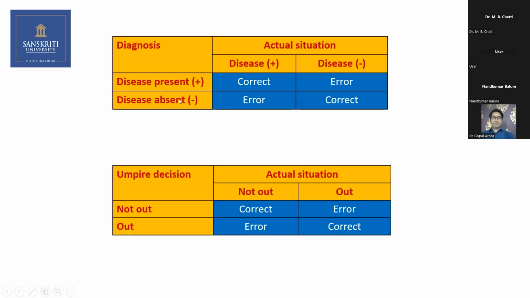Now we will go to some medical terms. Actual situation, you have COVID. And diagnosis also, they say that COVID is positive. It is a correct decision. Suppose you are suffering from COVID, but the doctor says, no, it is negative for COVID. It is a wrong decision. Suppose you do not have COVID and the doctor tells that it is positive, then it is a major problem and it is a major error. And you don't have disease and doctor says, no, it is negative, that is a correct decision. So there could be 2 correct and 2 wrong decisions.